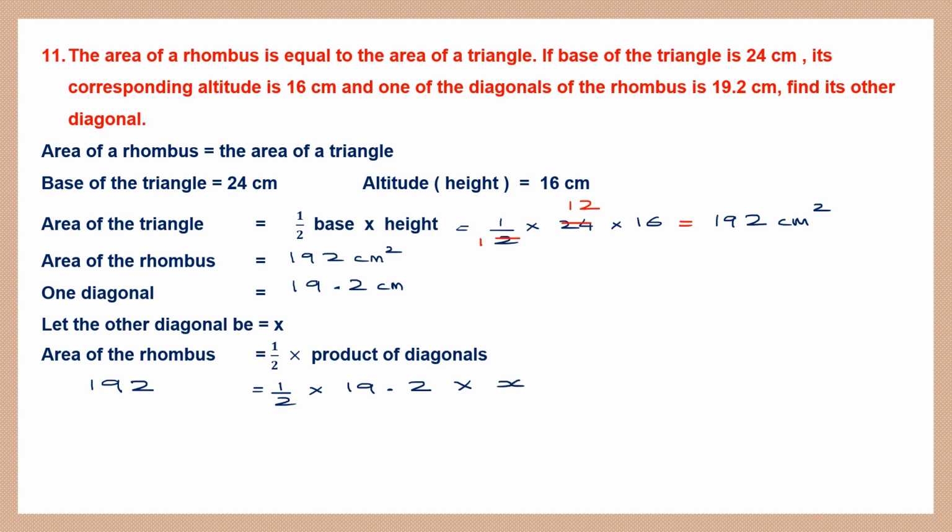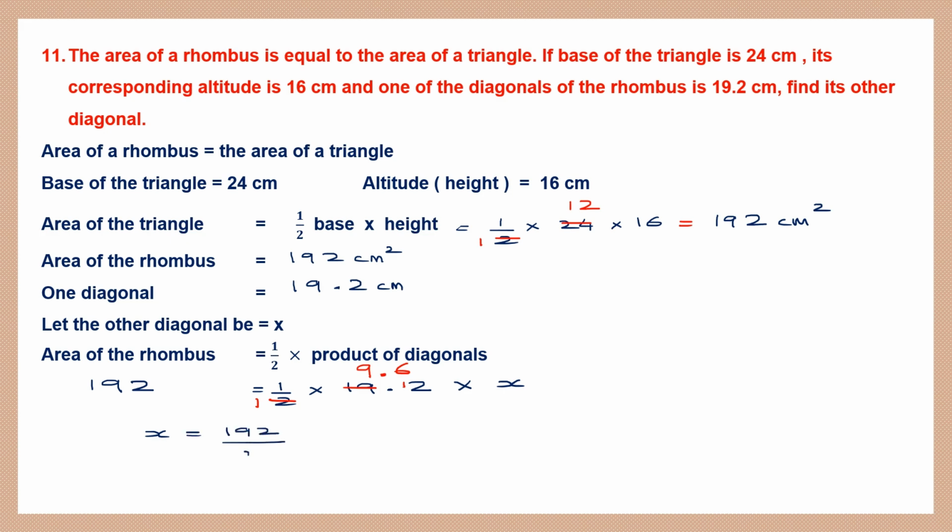I can cancel 2 and 19.2. 2 ones are 2. Now 19, we can take 18. 2 nines are 18. What is left is 12. So put the point, and 2 sixes are 12. So we have 9.6. So we have 9.6 into x is equal to 192. So to find x, what do we say? We say x is equal to